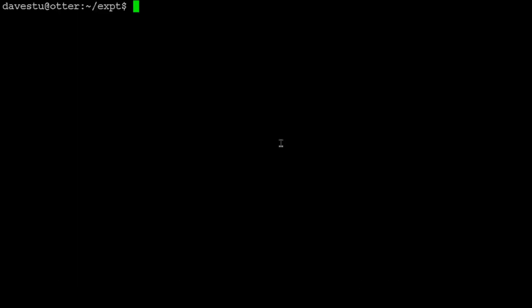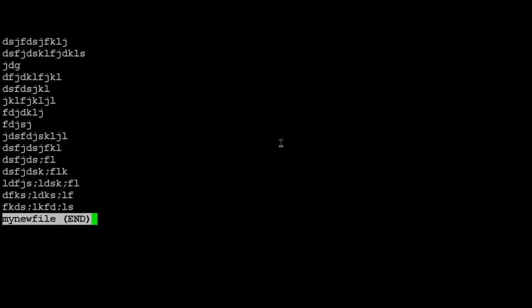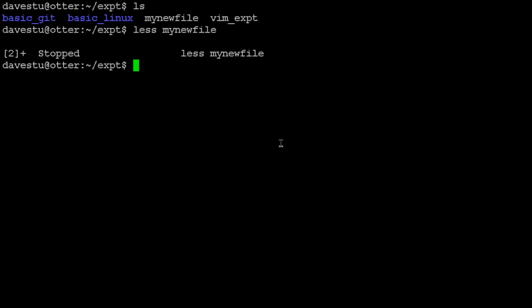All right. So if we want to experiment with some of the other bits and pieces we were talking about here, let's say I want to use less to look at the contents of my new file. So again, this is running in the foreground. And then I decide I want to temporarily suspend this. So I do my Control-Z, and you can see it comes back and tells you that, okay, I've temporarily stopped this command from running. So if I do my ps,